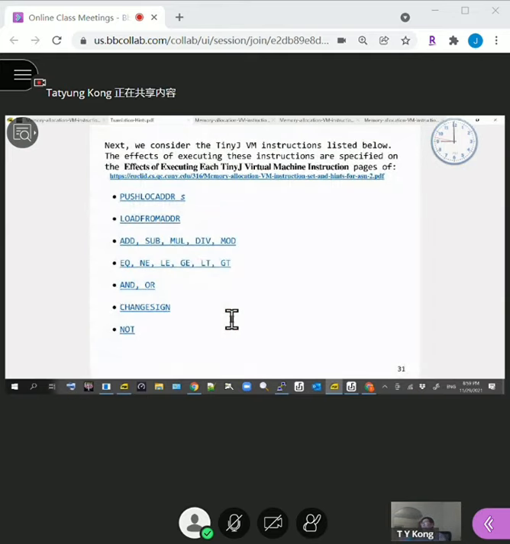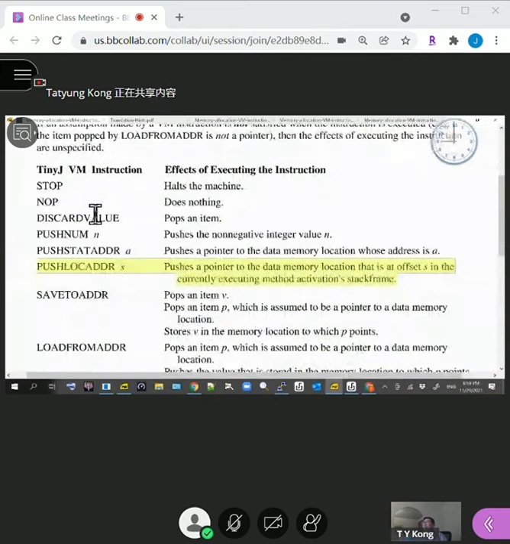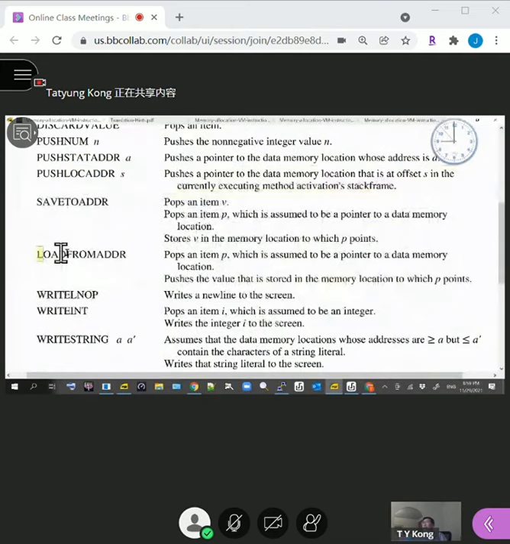Load from address is used to dereference a pointer. Load from address pops a pointer P, and it pushes the value that is stored in the memory location P points to. Another way of thinking of that is that it replaces a pointer that is at the top of the stack